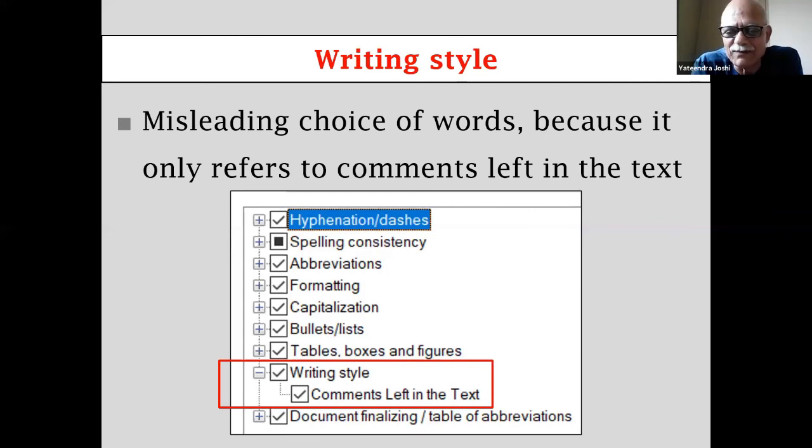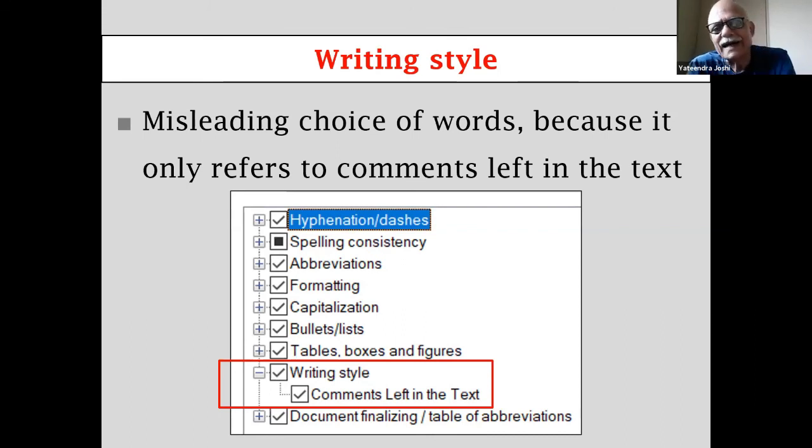So when it says that it checks for inconsistencies in the writing style, that is all it is doing. I would have thought that if you have used a very informal style in some parts of your file and a pretty formal style in other parts, then it will flag. No, it doesn't do that.